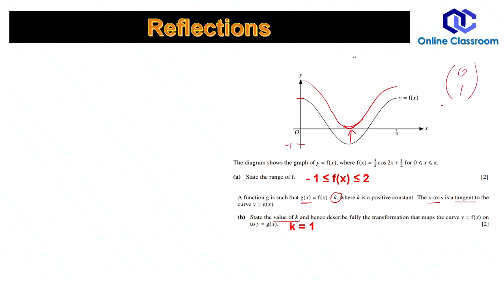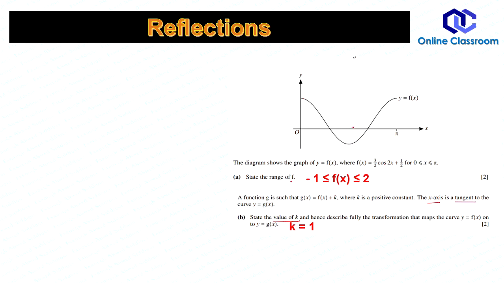Then the examiner is asking, describe fully the transformation that maps f to g(x). What is the translation here? How can we describe it? You can write, vertical translation upwards by 1, and then you show the vector. The vertical upward translation by 1, or vertical upward shifting by 1, and write this vector. That's it. This way you write the answer of part 2, vertical translation, vertical shifting.